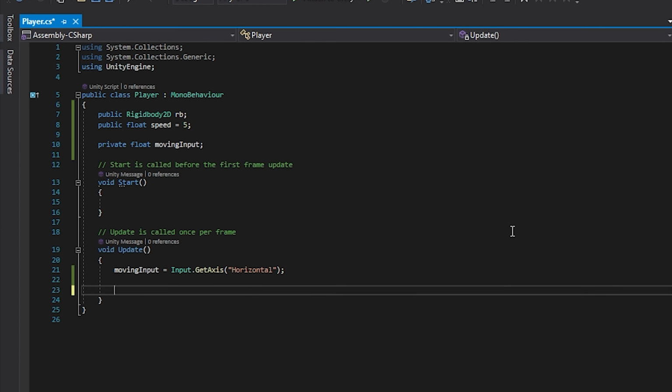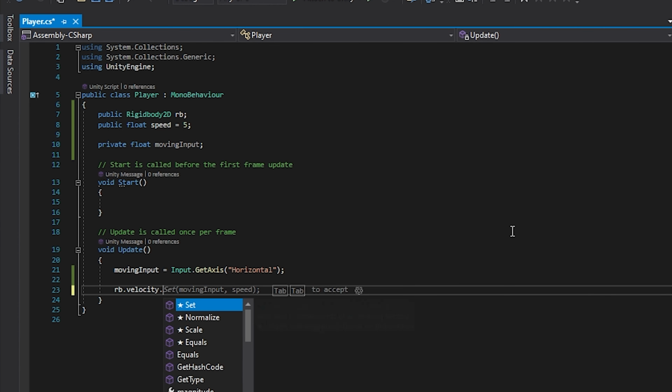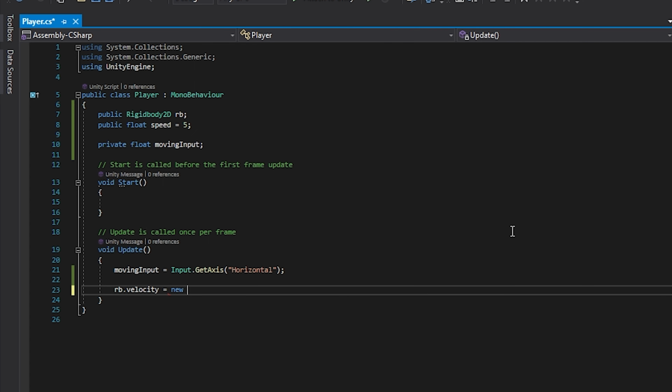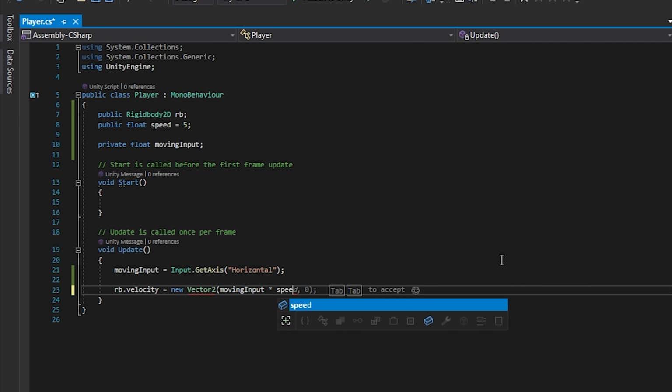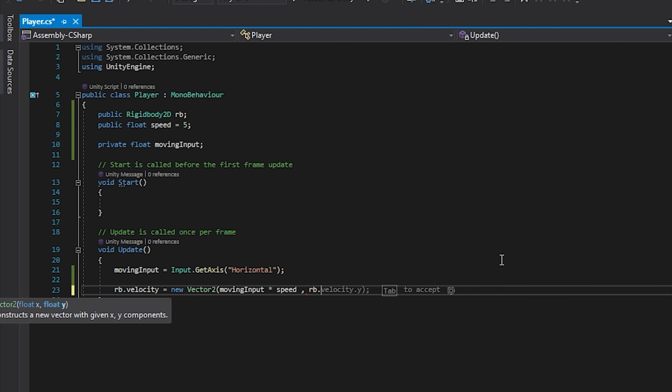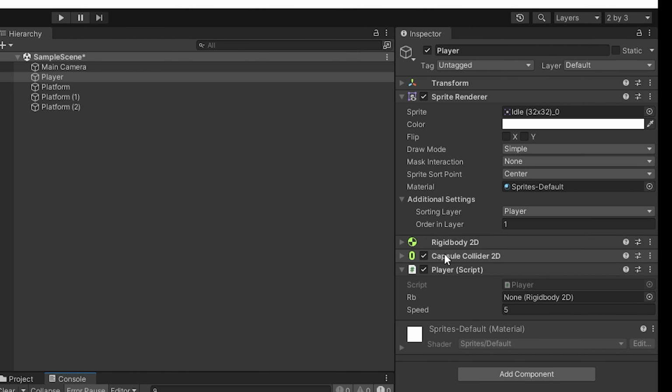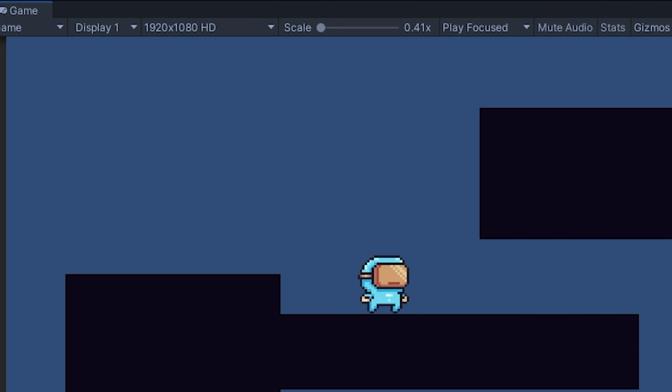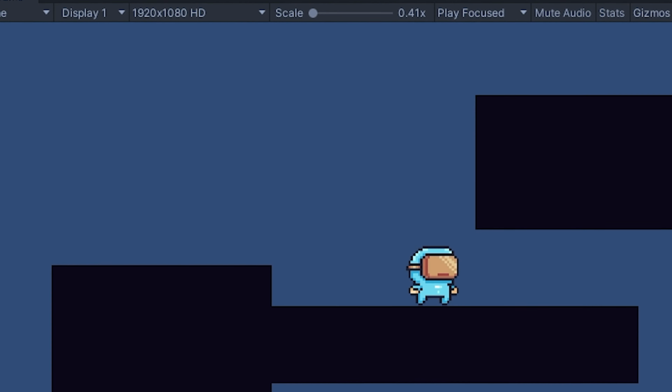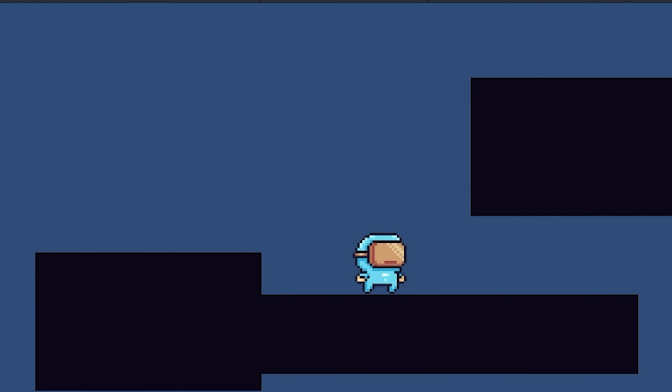So let's go to Visual Studio, and in the Update we type rb.velocity equals new Vector2, and for the x we're gonna use moveInput multiplied by speed. For the y we're gonna just type rb.velocity.y, so it will use its own velocity. Back in Unity I'm just gonna drag the Rigidbody to the rb field and hit play, and in play mode you can see indeed my character moves to the right and left. Ta-da! Nice! But I guess you can see that my character is getting kind of acceleration instead of instant movement,